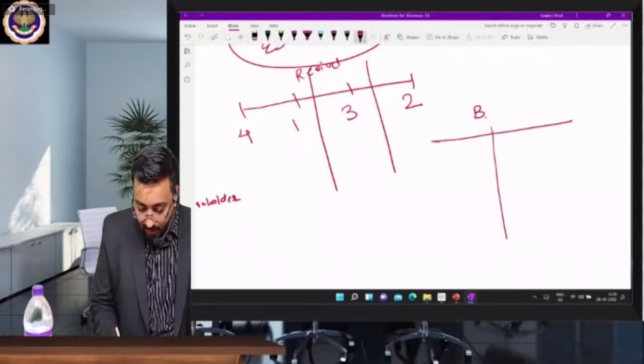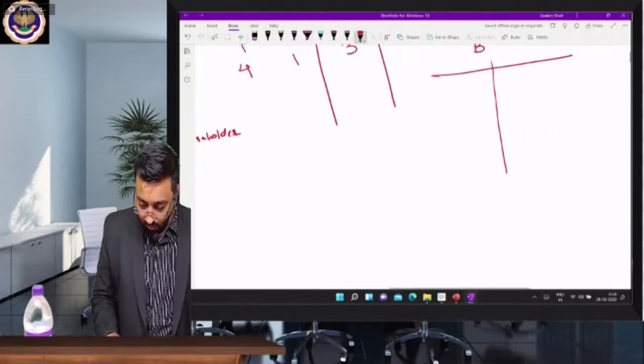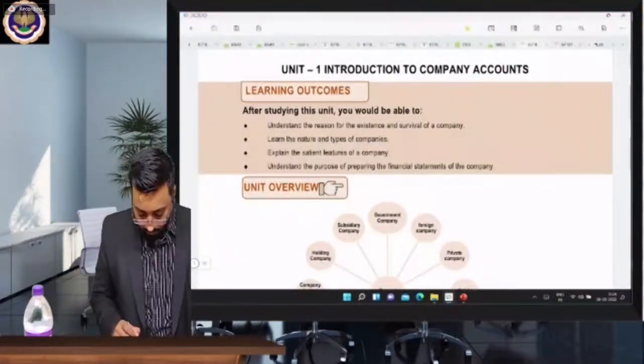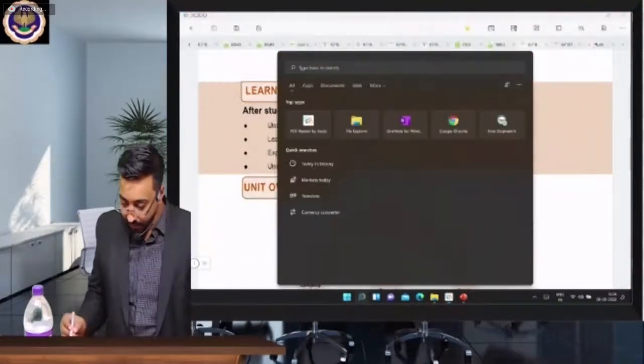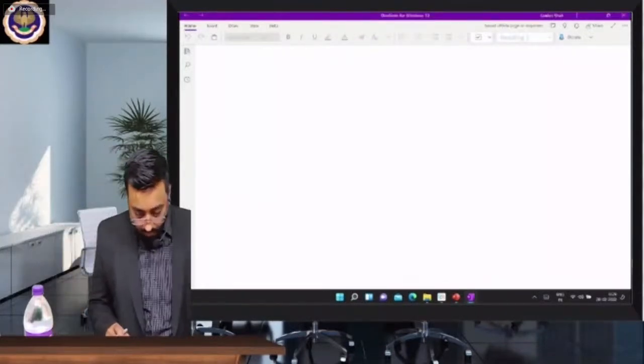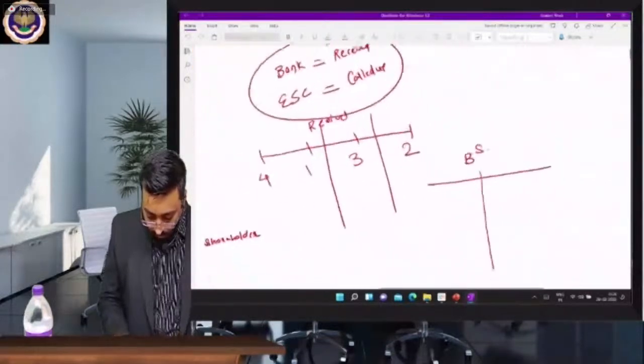योर बैलेंस शीट, ये क्या हो गया इसको? हाँ, चलो, बैलेंस शीट बताइए, टेल मी बैलेंस शीट। व्हाट वाज द क्वेश्चन बेटा? 4132।